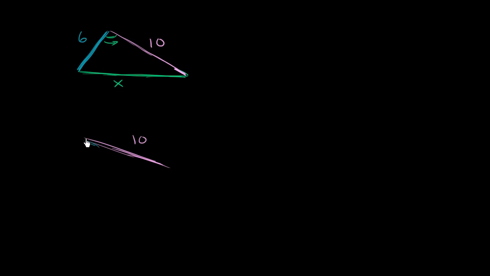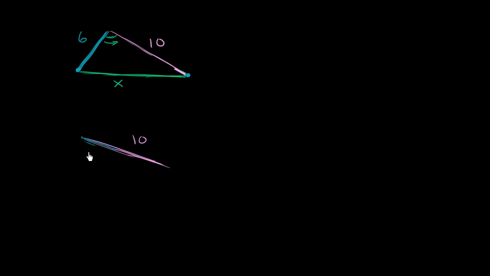If that angle becomes 0, we end up with a degenerate triangle. Essentially it becomes one dimension. We lose our two-dimensionality there. But as we approach 0, this side starts to coincide or get closer and closer to the 10 side. And you can imagine the case where it actually coincides with it, and you actually get the degenerate. So if you want this point right over here to get as close as possible to that point over there, essentially minimizing your distance x, the closest way is if you make the angle all the way equal to 0,